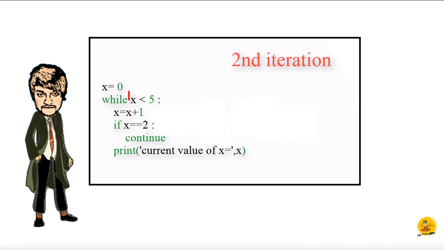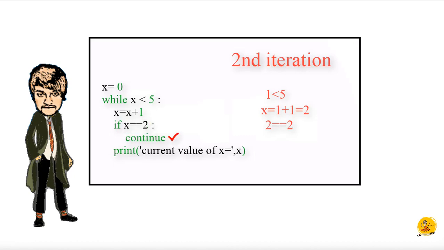On second iteration, the condition of while loop x less than 5 is executed. Since the condition is true as 1 is less than 5, the statement inside the while loop is executed. First, the value of x is incremented by 1 and it becomes 2. Then, if condition x equal to 2 is executed, since the condition is true as 2 equal to 2,